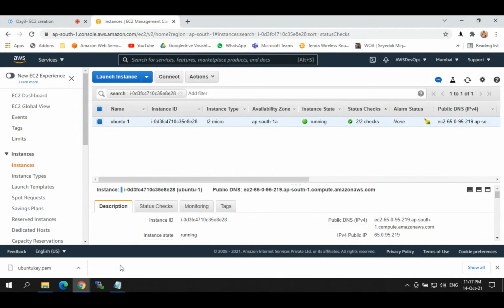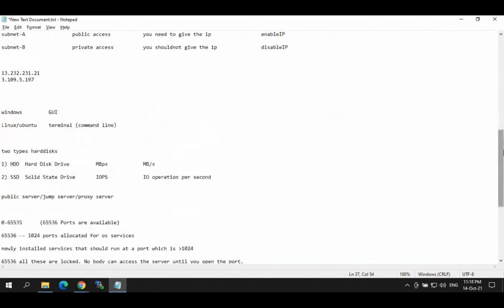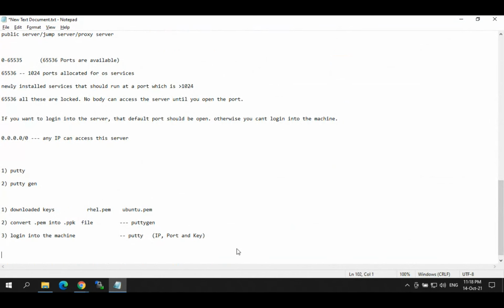So today what we did: we followed the EC2 creation procedure, and we logged into the RHEL box and the Ubuntu box. This is the default username for the RHEL box: it is ec2-user. For Ubuntu, it is ubuntu itself. Okay. So tomorrow's task is, all of you should create an EC2 instance in a Linux machine and an Ubuntu machine,